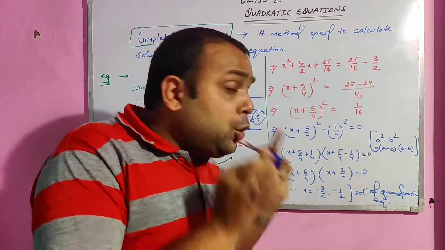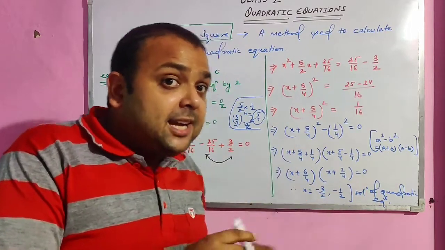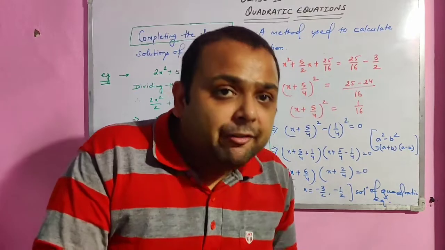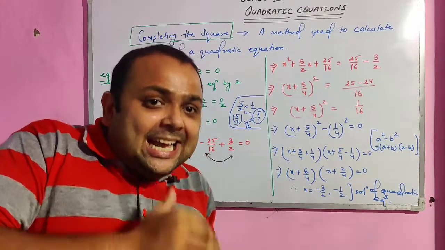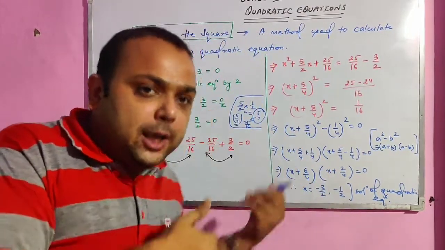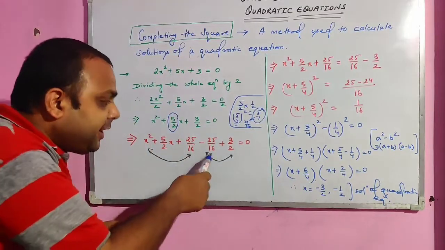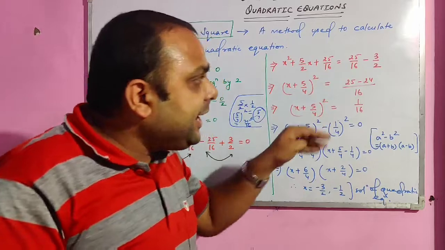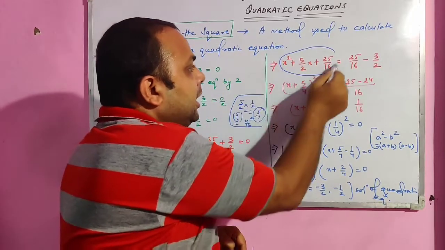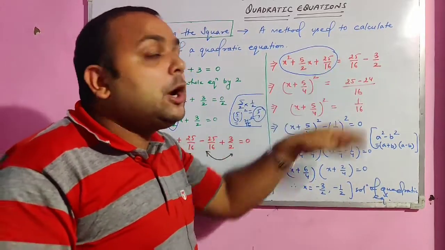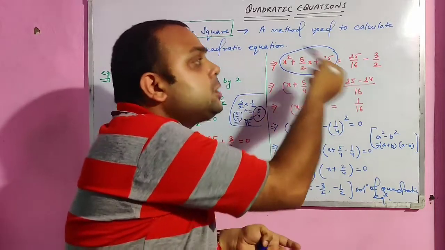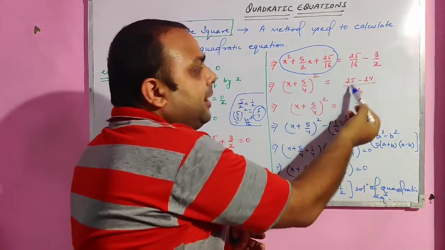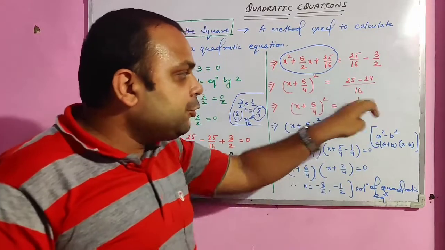The most important step here is that we have to see the coefficient of x, then multiply that by half and do the square, adding and subtracting that particular value in the equation. After that, shifting these three to the left side and these to the right side. Simplifying it, this is a formula, a square plus 2ab plus b square. So we can write like this, a plus b whole square. Simplifying this using the concept of fractions, we get 25 minus 24 upon 16, which is 1 by 16.